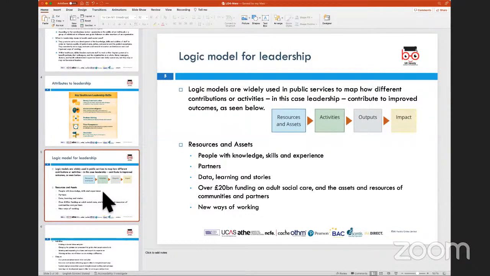So it looks at resources and assets, which are basically required for people to be able to work. We focus on activities that they carry out using these resources and assets, and then what could be the output which is generated, and that output, what kind of an impact would it have on the service delivery model, or in this case, when we talk about the NHS, the National Health Service, what kind of an impact will it have in terms of the output of services which the patients receive, from various places within this sector, whether it's